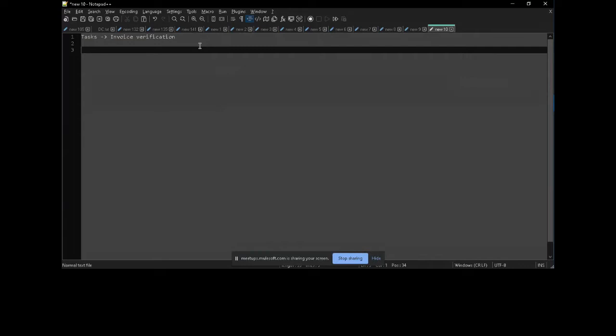Correct. Now, let's suppose I am doing an invoice verification. In case of a faulty invoice, I pass the invoice to Nitish to make whatever changes are needed, and the invoice is recreated.